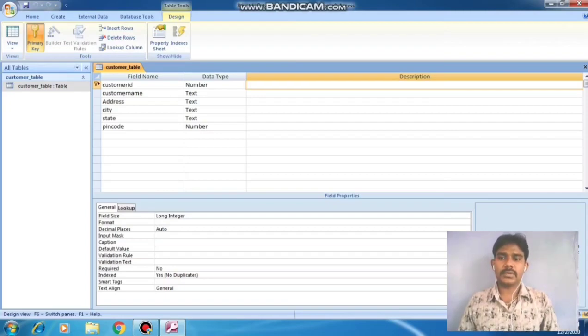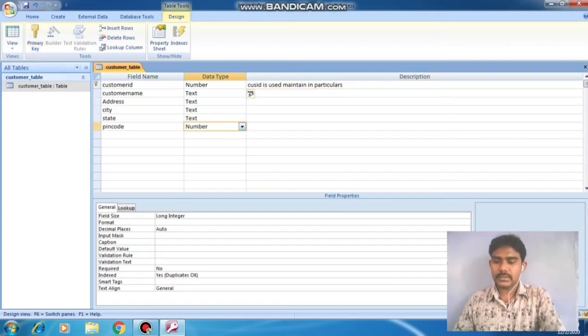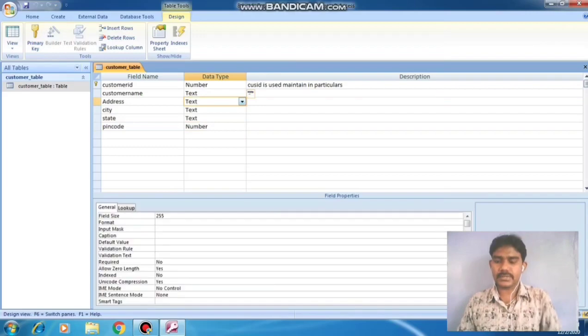For example, customer ID is used to maintain particulars like the customer name, address, state, wherever you want to add that. After that, you have to save the file.